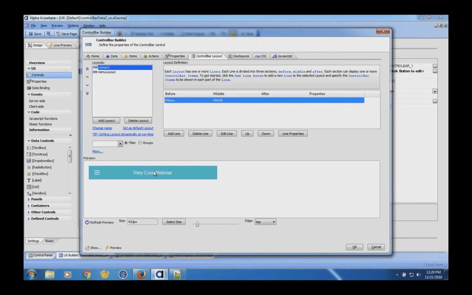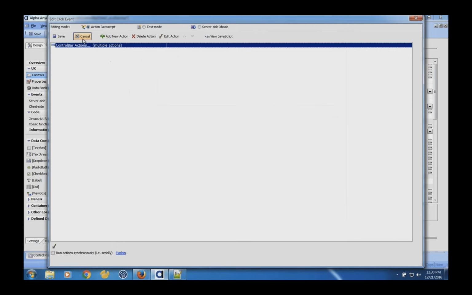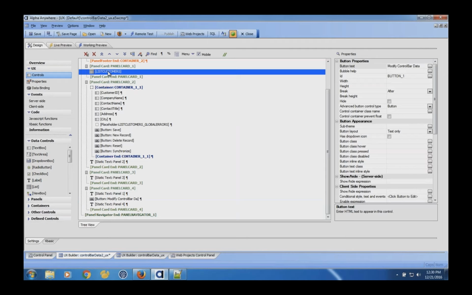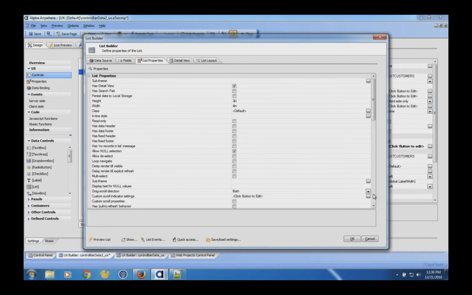On my control bar layout, you'll notice that the HTML1 item is right here. And then what I do, in my first example, is I just used a control bar action to change it from one hard-coded value to another. And remember, there are a number of different control bars. You can refresh them, you can set the active one, you can play with that. But then for our more extensive example, on the list of customers, when the person clicked on a row,